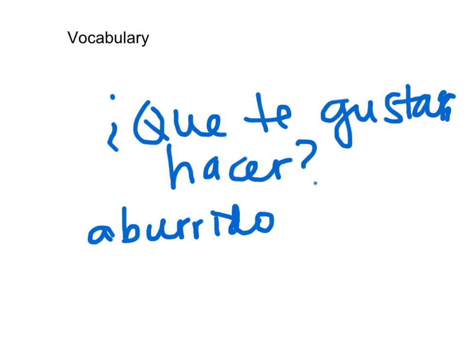Okay, make sure that when you're studying vocabulary that you study from Spanish to English, and then from English to Spanish. If you constantly give yourself the answer, you're not studying. You need to look at just the English and then be able to say the Spanish or write the Spanish. You need to be able to produce the Spanish in order to be successful.